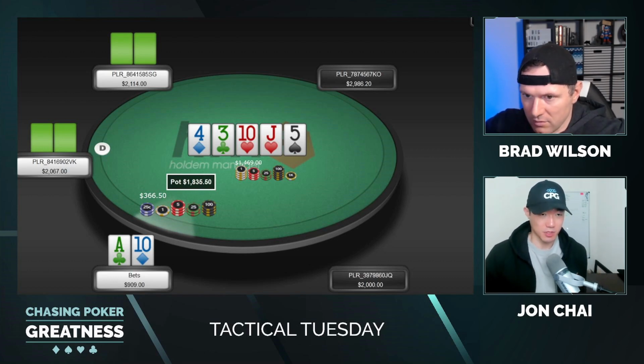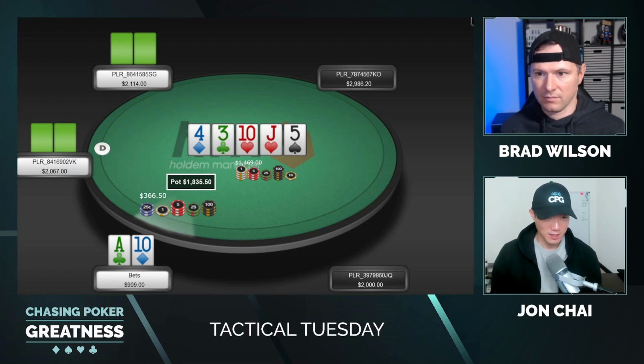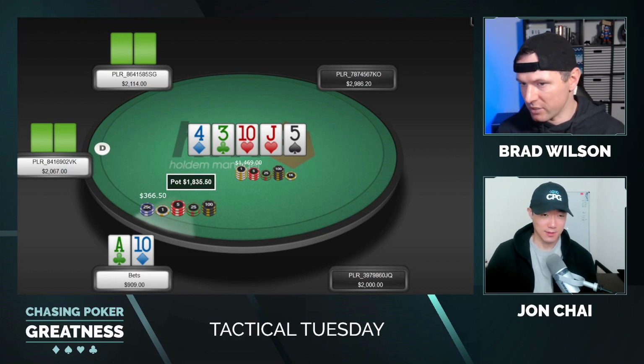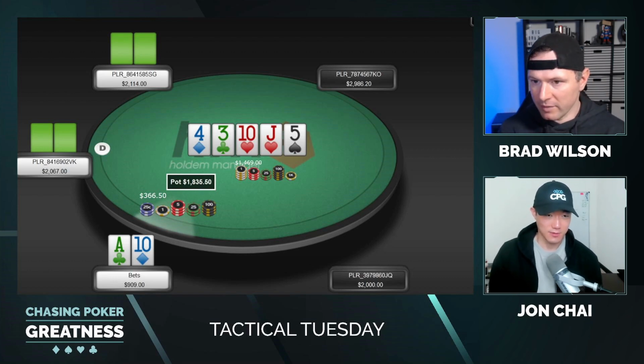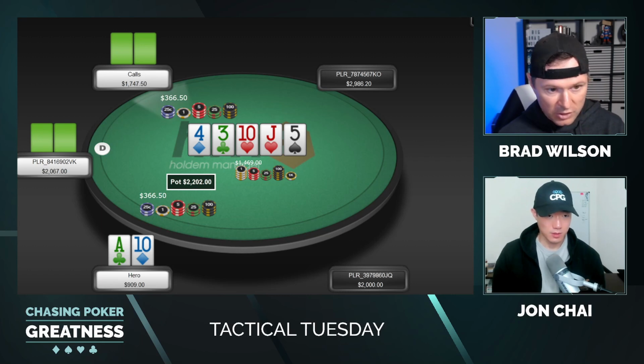That's a really nice component, that the times where they do have a jack, I assume they just call. Maybe a strong reg could find a check jam with ace jack, but they're not going to find it every single time. So this was the path that I chose, and villain just called the river and